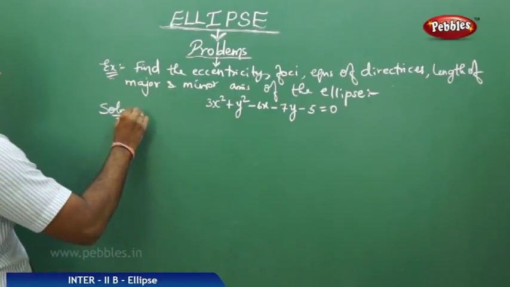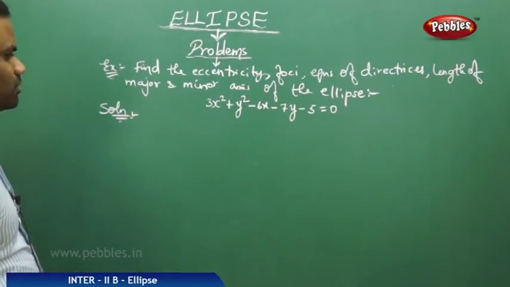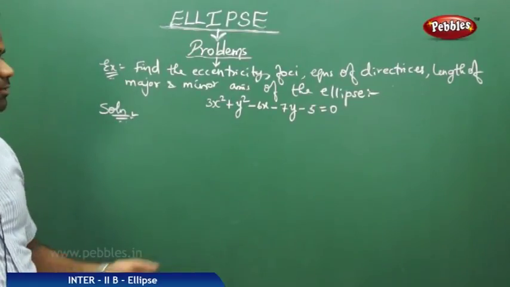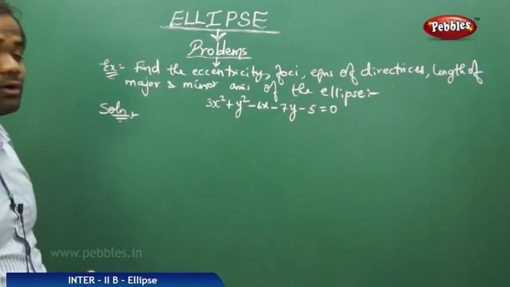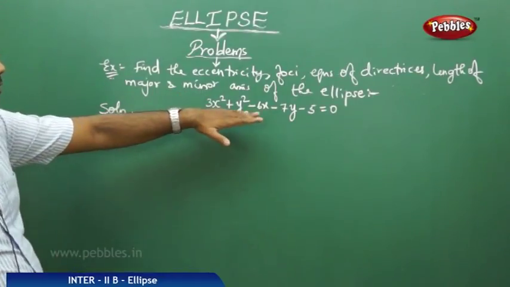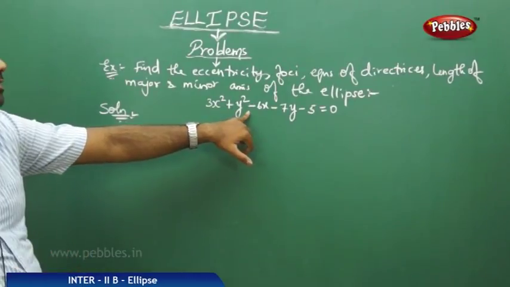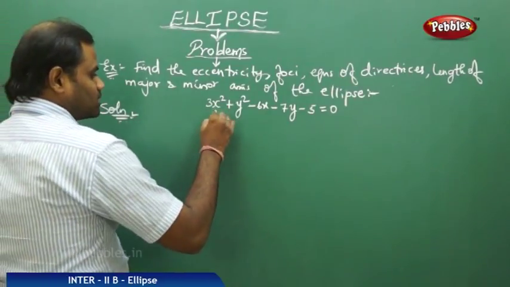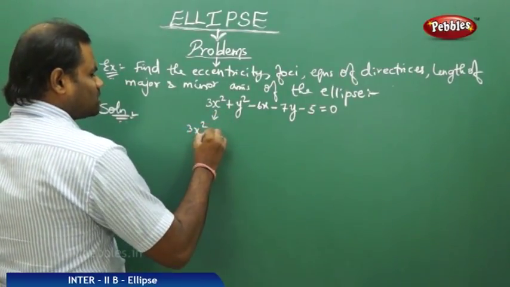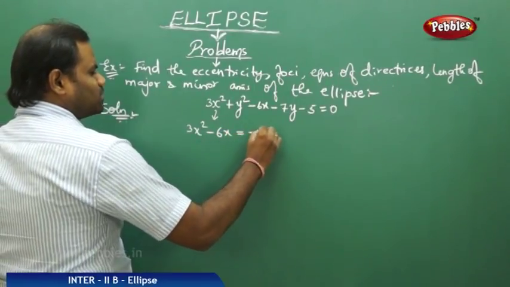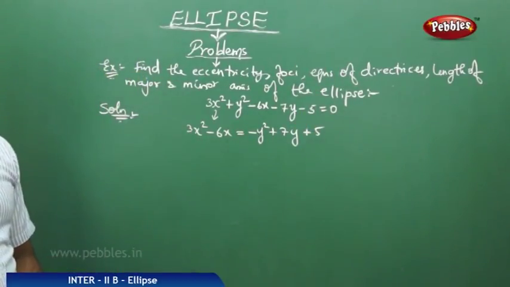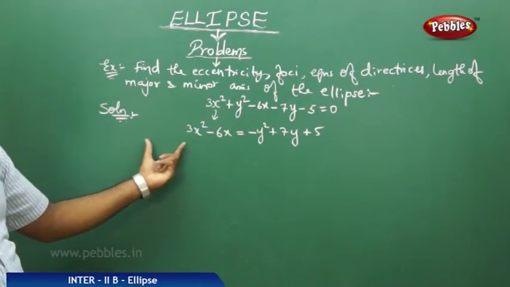Now as we see here, clearly the equation of ellipse is given in the non-standard form. So we are going to reduce this into the transformed form of the standard equation of ellipse. So let's see how we can do that. So step 1 of reducing this to standard form is that I take all x terms to the left and all y terms to the right. Therefore, if I take this equation with all x terms on the left and all y terms on the right, then I have this in this form,